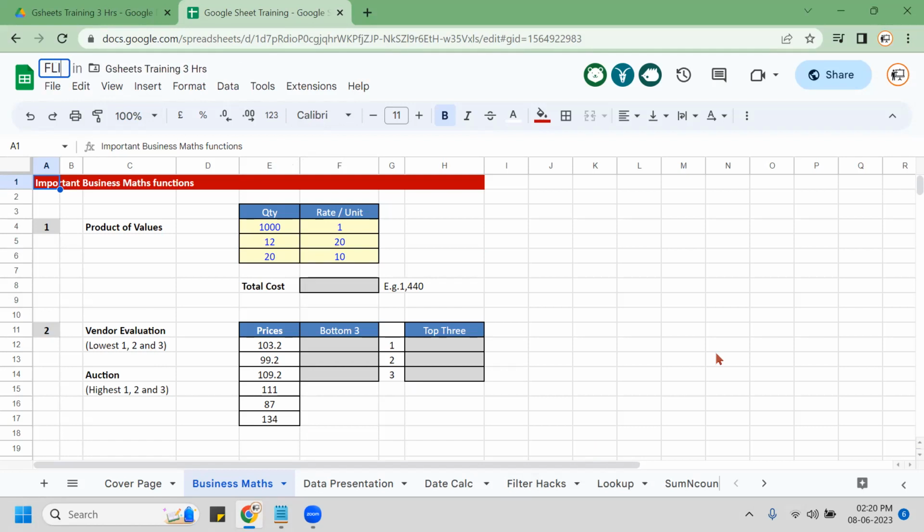So here I'm naming this file Flipkart training. All right, so what I was saying over here, people,